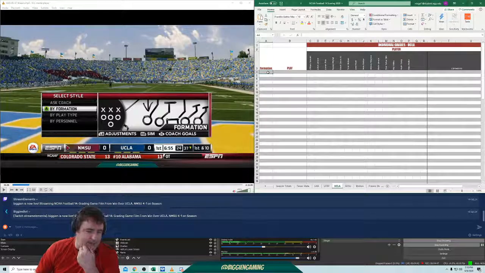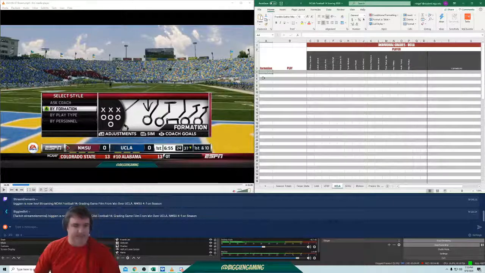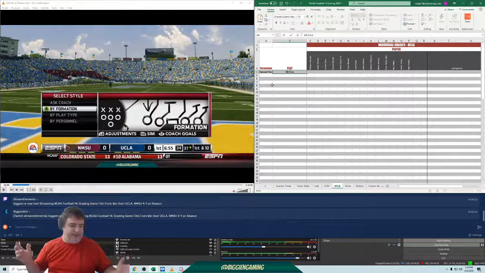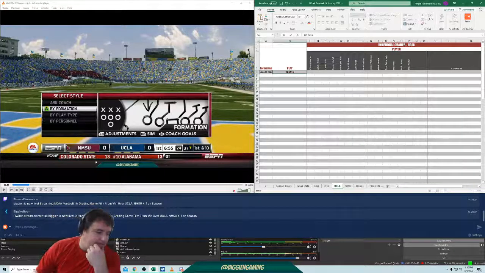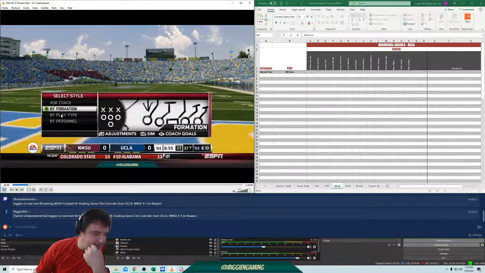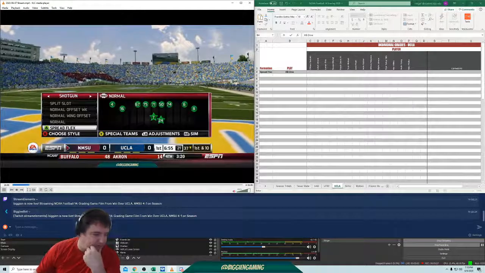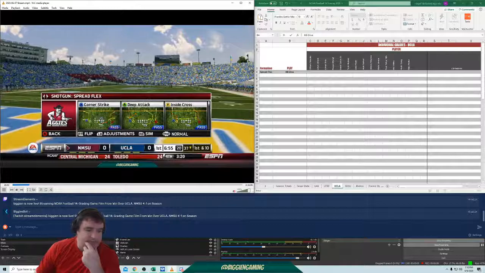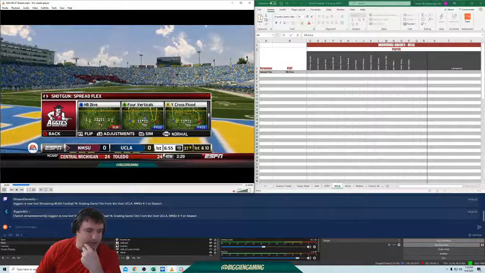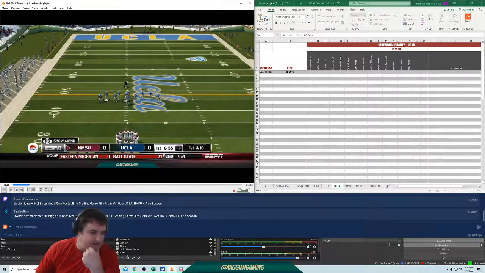Here I would write down the play, the formation. So our first formation will be spread flex. I already know that. Okay, and the play is just an H-back dive, straight dive play. Okay, I already know what the play is. Okay, we'll go ahead and play it and I'll watch as we get this started. Okay, so spread flex, we'll run just straight halfback dive, okay?